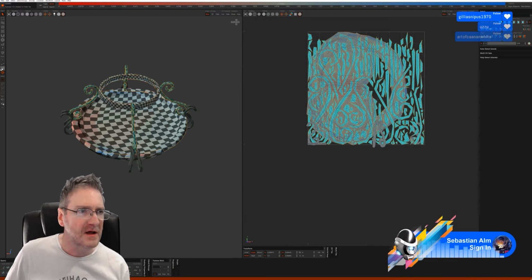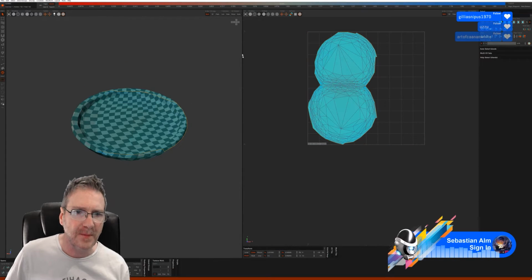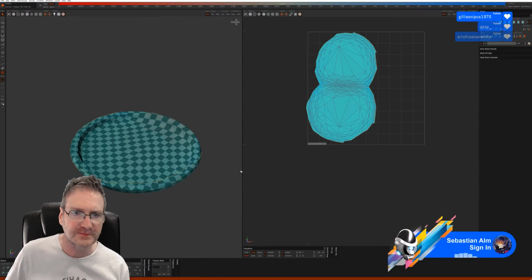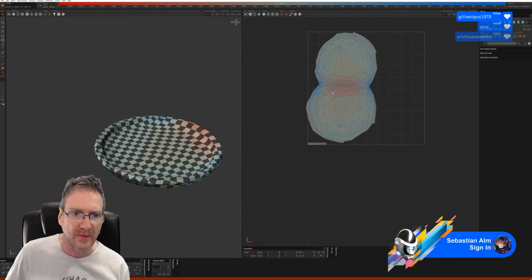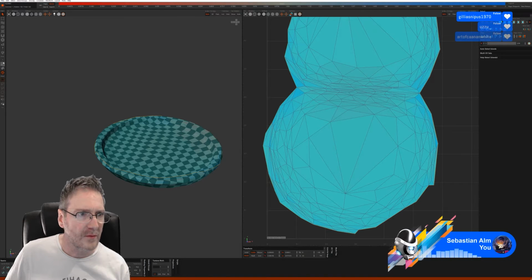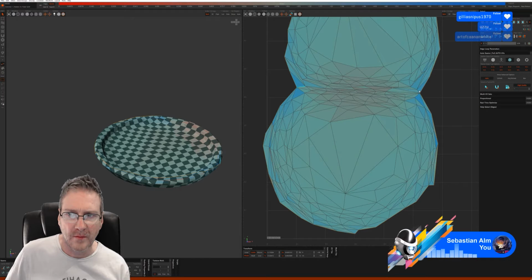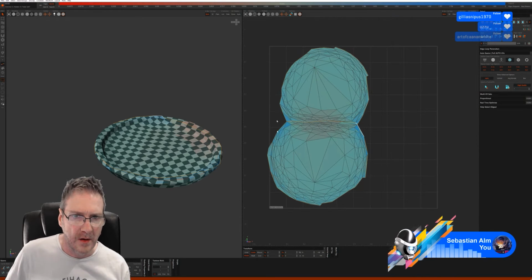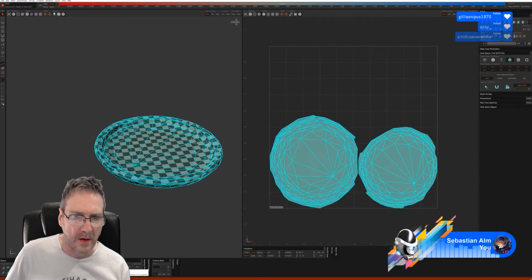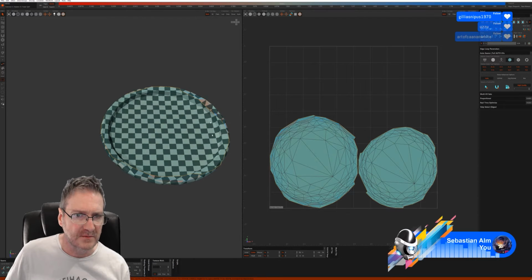We're getting a bit of stretching happening there. I might just go back to this one. We might just do a bit of an optimize on the mesh, or on the UV. It's a bit better.